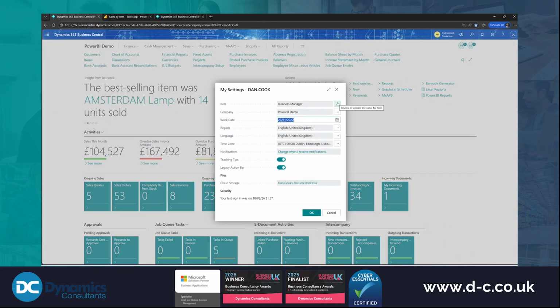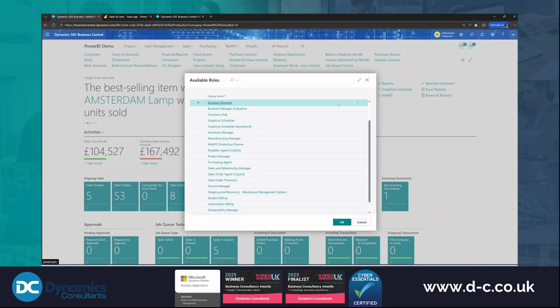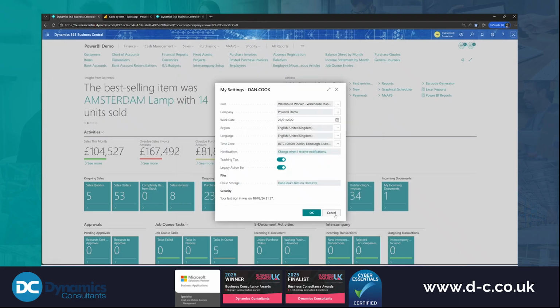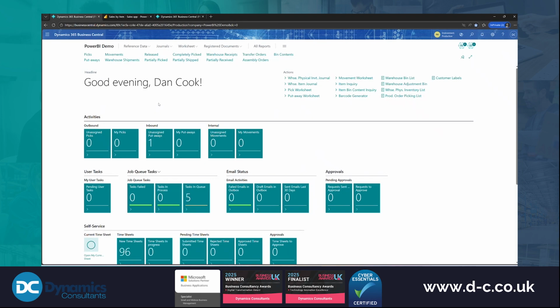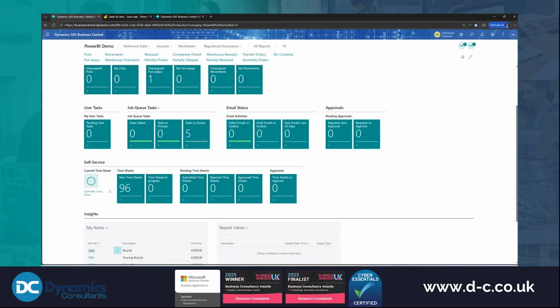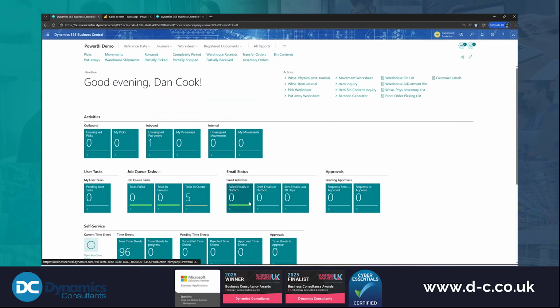So we'll go back into my settings, click on the three dots, and then go back to warehouse worker. Now you can see your home page has changed again, and it's more relevant to someone who works in the warehouse. You've got your picks, your putaways, your movements, job queues, timesheets, assembly orders, warehouse shipments. Again, same thing: you can customize it to whatever you want. Now, what I have done,